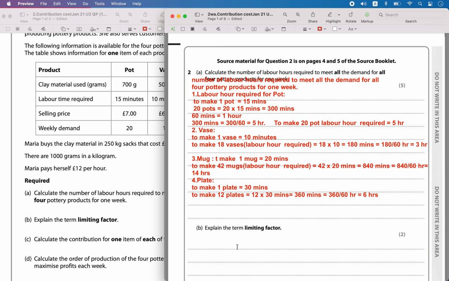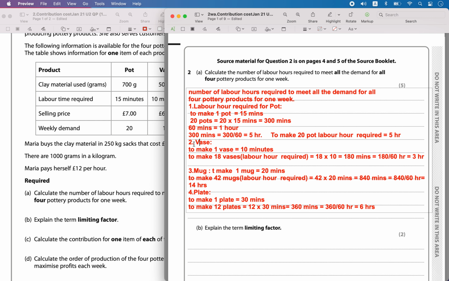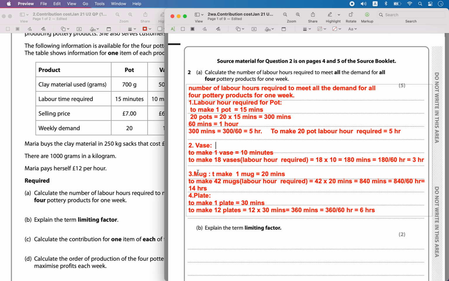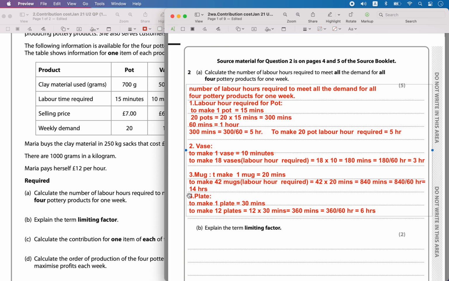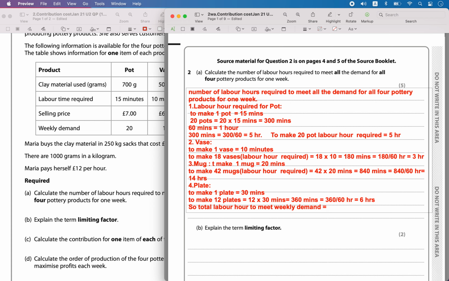So now we have the pot, the vase, the mug and the plate. The total labor hours to meet the weekly demand is equal to 5 hours